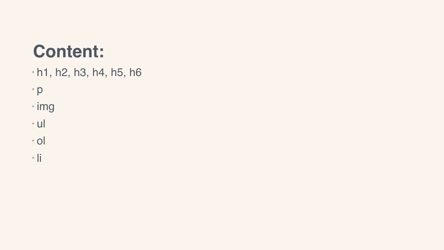And then finally, for our content elements, we have our heading tags. And there are 6 different types of heading tags. You have H1, H2, H3, H4, H5, and H6. And typically the H1 tag will give you the largest sized heading, and the H6 tag will give you the smallest sized heading. But on top of just how the headings look,